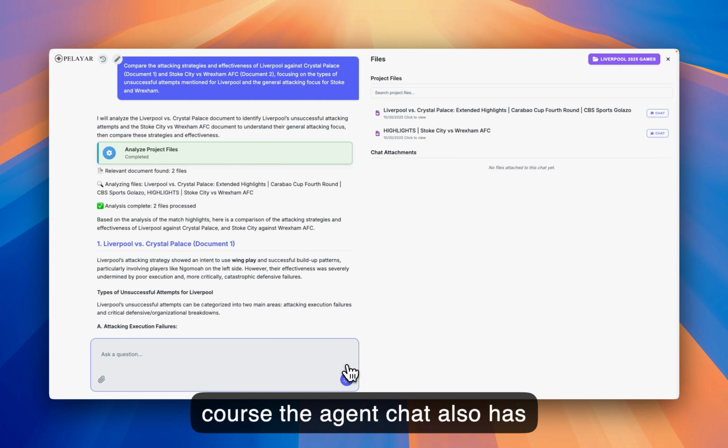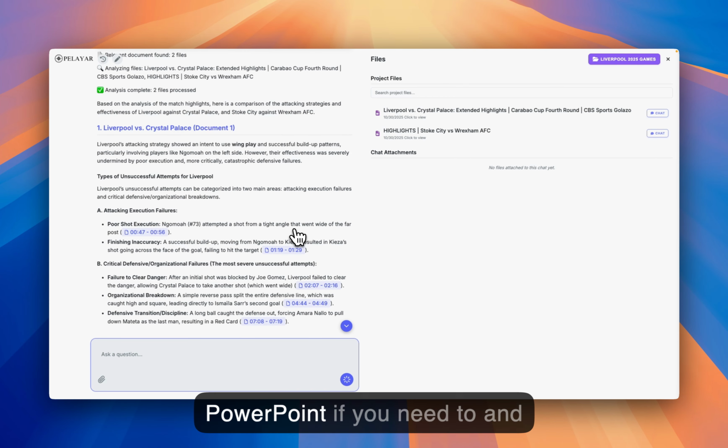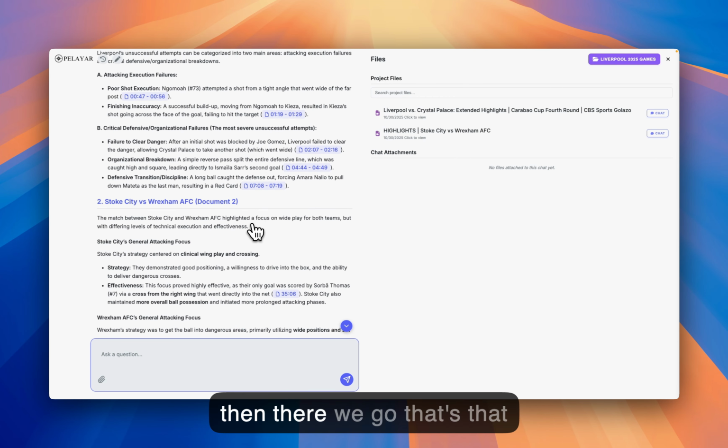Of course, the agent chat also has the ability to create PowerPoint, so you can ask it to create a PowerPoint if you need to. And then there we go. That's how you